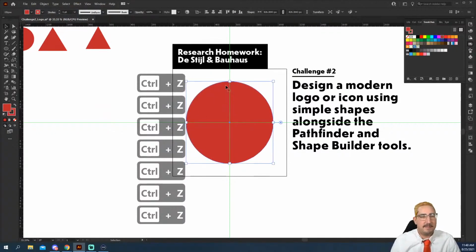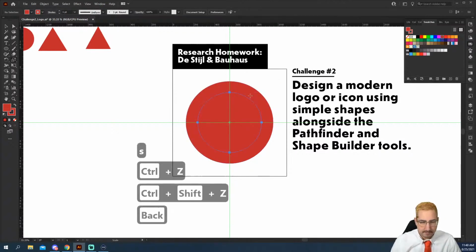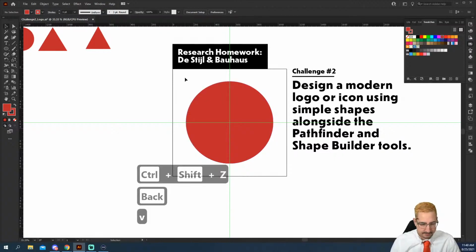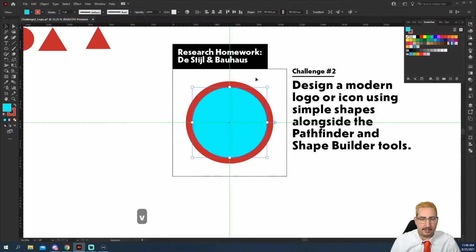What we're going to do is make another circle here, and we're going to bring that circle out from the center. Now I want this to be almost a line. Oops, I'm hitting all the wrong hotkeys today, y'all. There we go. I want this to be almost a stroke, so we're going to pull it out there, and you can see that these two are overlapping. I'll make them two colors for you.